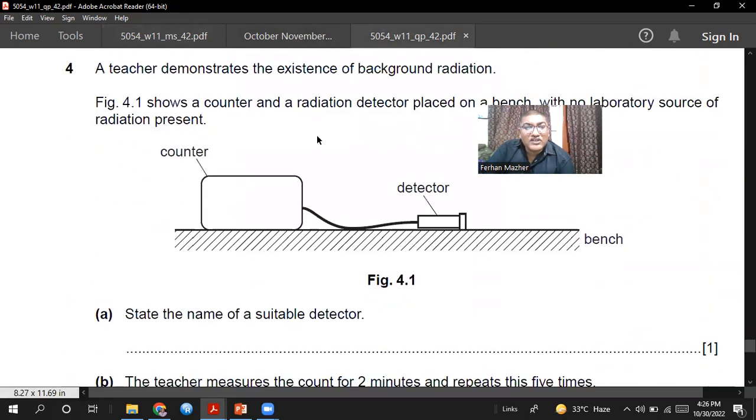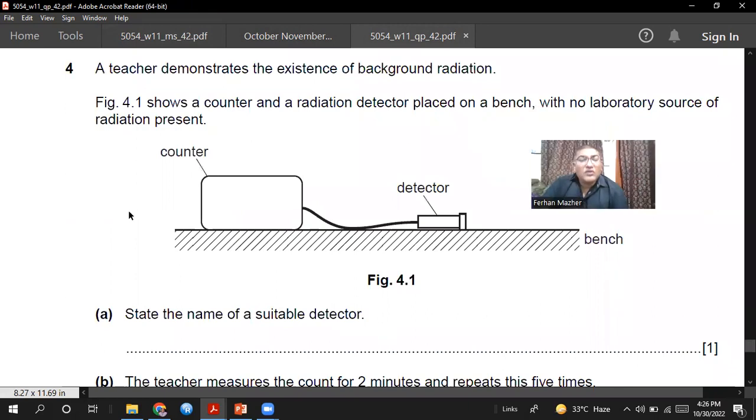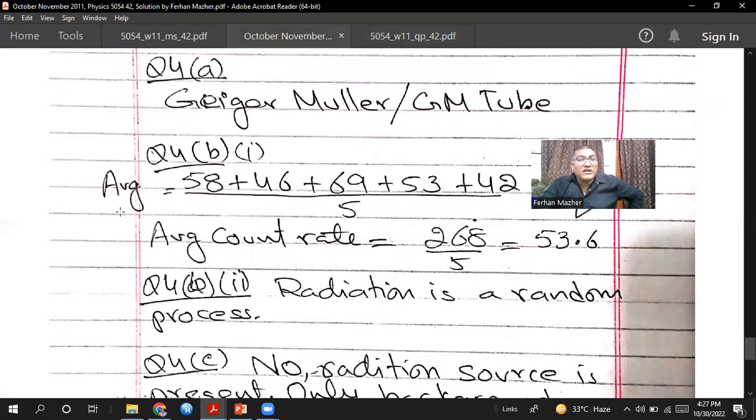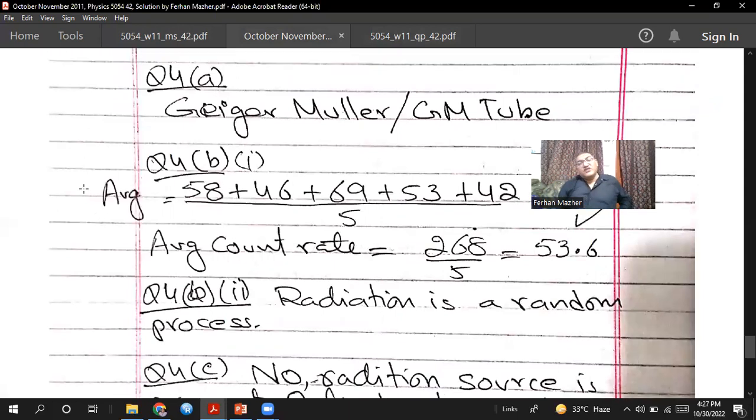Okay. So we are going to the next question. The next question is question number 4. A teacher demonstrates the existence of background radiation. Figure 4.1 shows a counter and a radiation detector placed on a bench with no laboratory source of radiation present. State the name of a suitable detector. You see, we are using, for example, this is called the GM tube. Geiger-Müller tube, we also call it the GM tube, and we are using that to